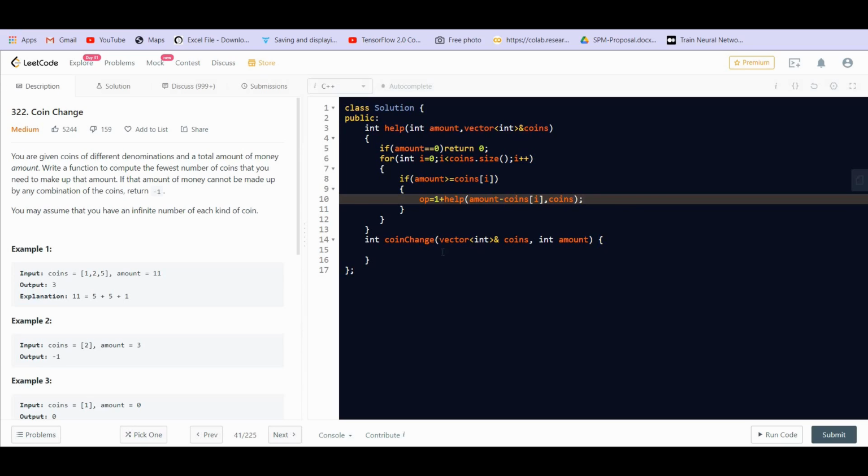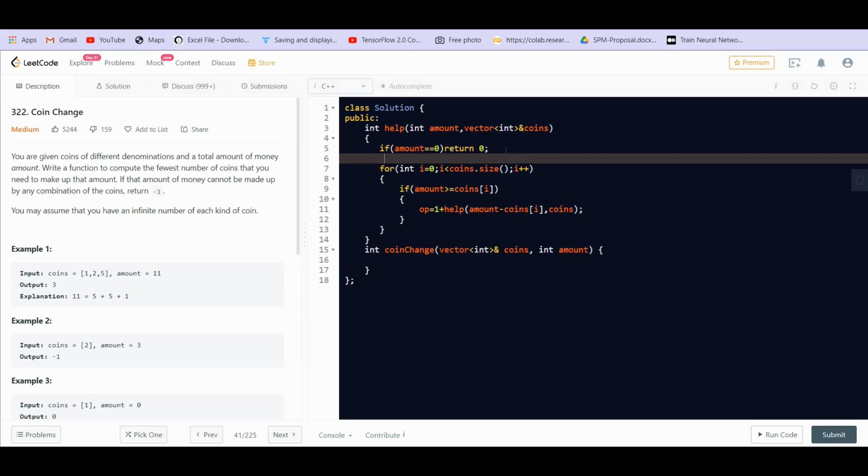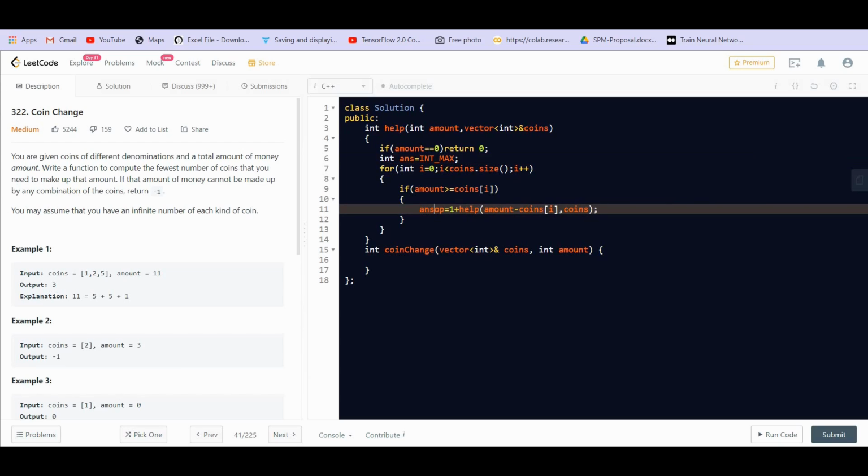So this is one of the possible options. And similarly, if we have another coin which we can take, we will have another option. So we have to calculate the most optimal option. We will create an answer which is equal to int max, and we will try to minimize this. So answer will be equal to minimum of answer comma this option,